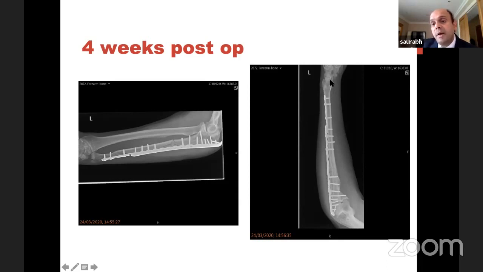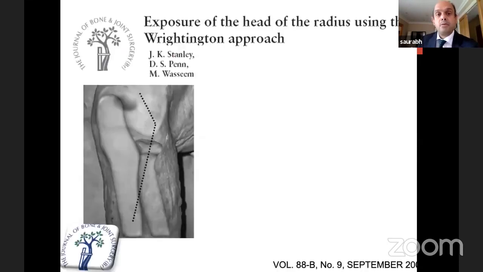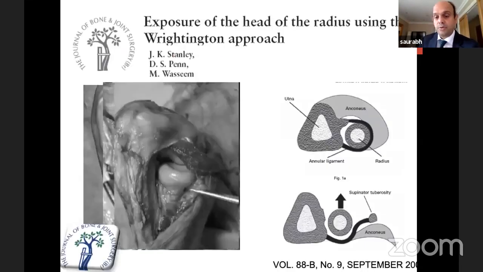Obviously, for the last 5 to 8 centimeters of ulna, preferably I would like to put a plate in the front, because at the back you have EDM and other tendons. But in this case, because it's a dorsal plate, I have just used the same incision and put a dorsal plate. And again, don't fill up all the holes. I put 2 screws first, make sure the radial head reduces, check the stability, then fill up the holes. So this was the approach I was talking about.